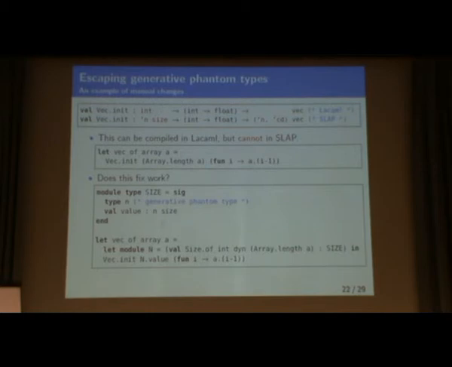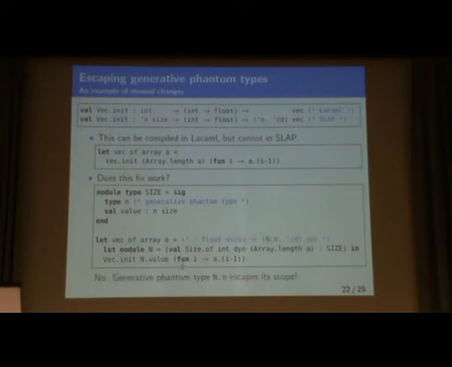So a kind of naive translation looks like this. It takes an array A and computes the size of the array dynamically here, and then dynamically translates the integer into the singleton type size integer. And the size is packed. So as I said, it's kind of existential type value. The existential package is represented by this first class module. And then we use the size value here to initialize the vector.